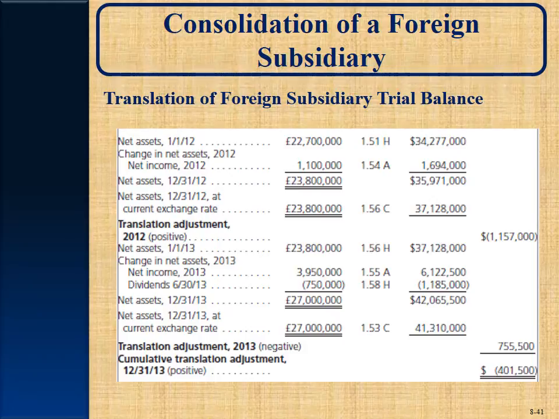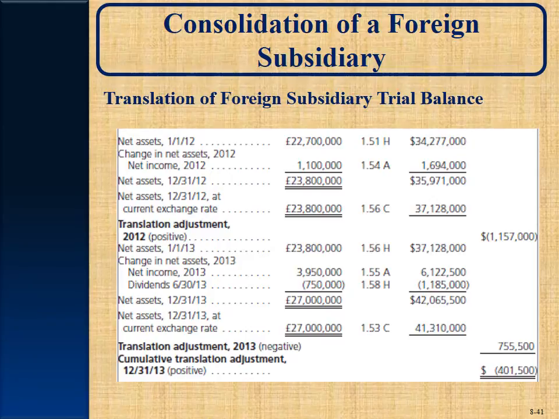So that would be $6,122,500. Translate the dividends from pounds to dollars by using the rate at dividend declaration date, which was $1.58 per pound. So $1,185,000. Net assets for the year would be $42,065,500. If we take 27 million pounds and convert it at the current rate, it would have only been